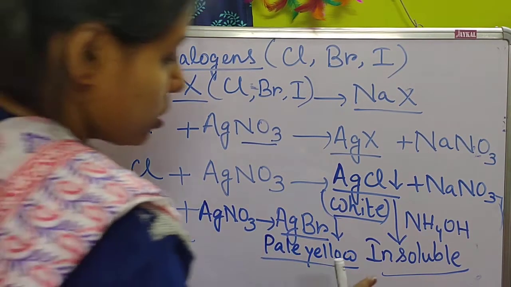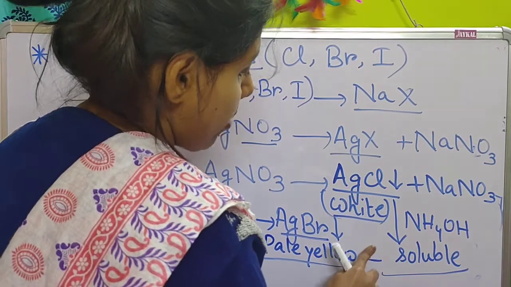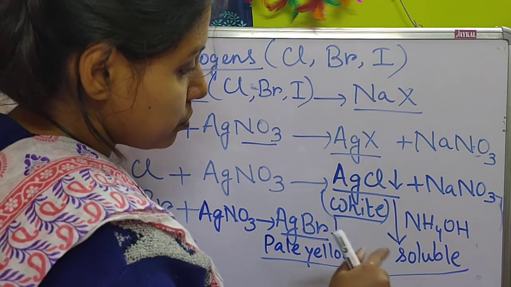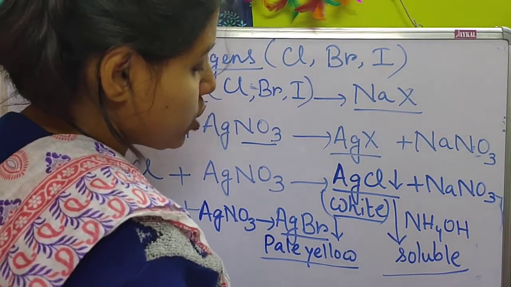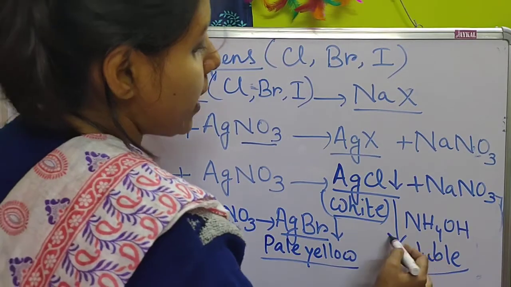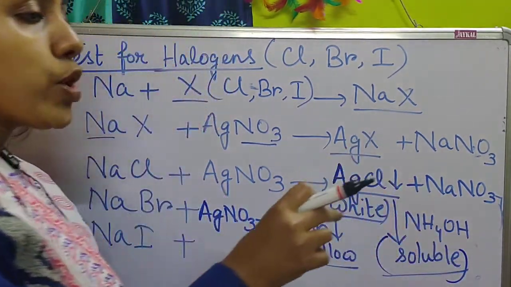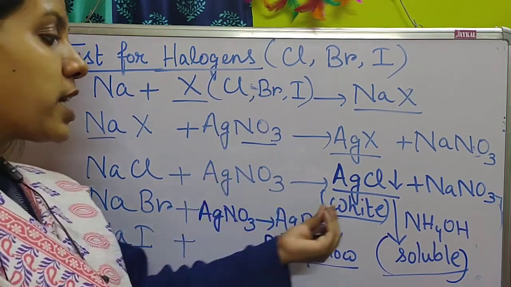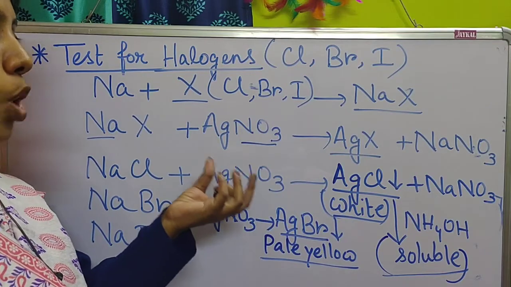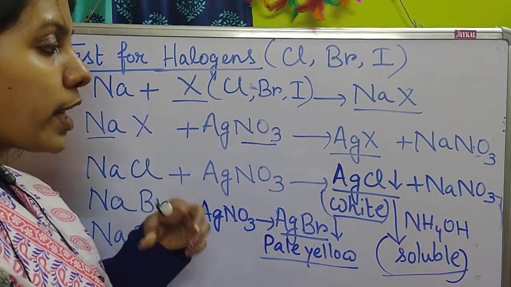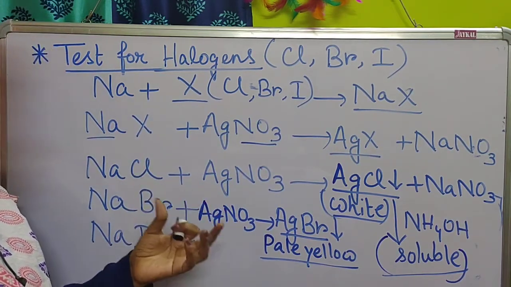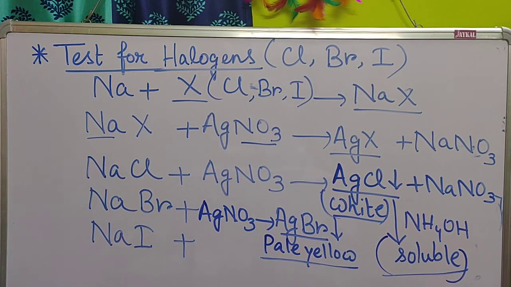one thing I have told wrong. In ammonium hydroxide solution it is soluble. It will form a silver argentate solution. So if ammonium hydroxide or aqueous ammonia is added to silver chloride, the white colored precipitate at the bottom will slowly dissolve in the solution, and after some time the solution will become clear again.